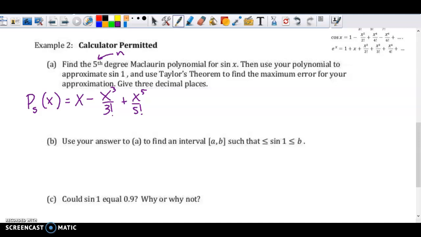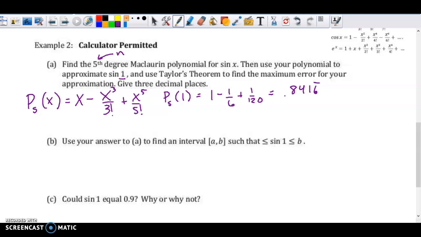Then we want to calculate what P sub 5 of 1 is, because we're trying to approximate sine of 1. So if I plug all of those 1's in for the x's and work that out, just using the calculator,